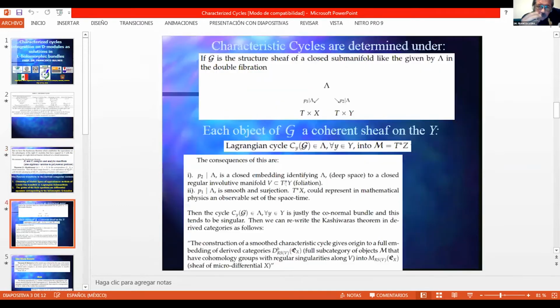We need to characterize cycles to determine under this transform, and we start with this double fibration, which is very important because we will obtain the Lagrangian cycles in this manifold of Lagrangian submanifolds, and with these tools obtain the solutions to different field equations, and obtain a geometry implicit in the topology of these differential operators